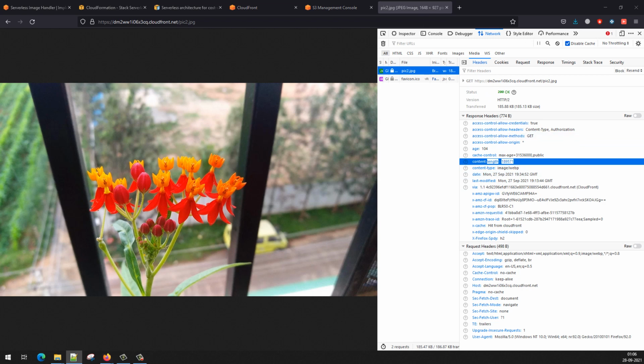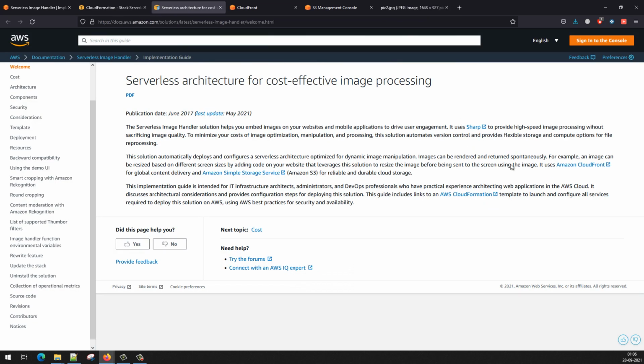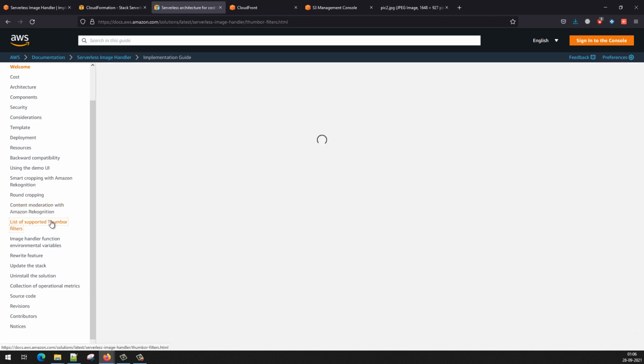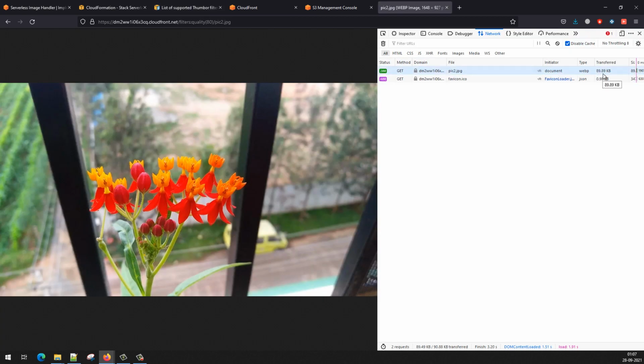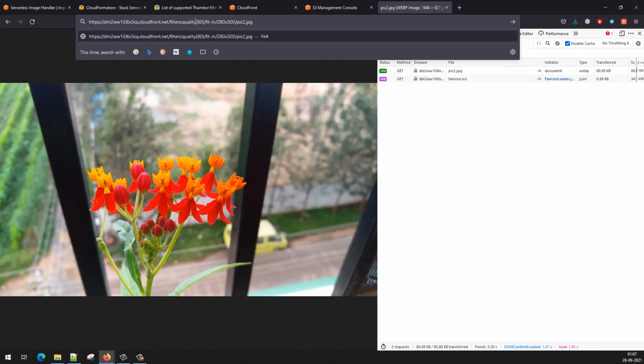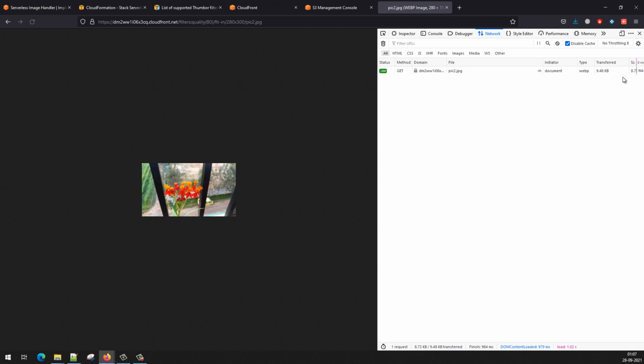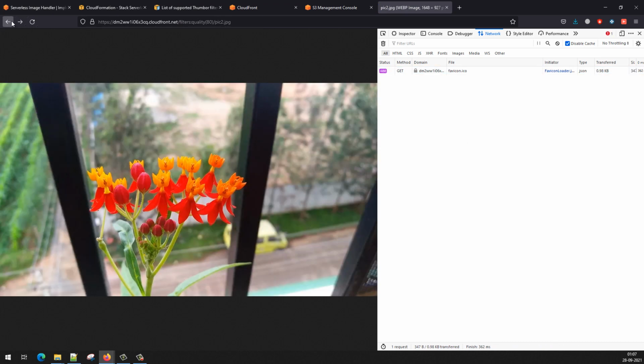We are going to do the optimizations now. So the beauty of this solution is that it also supports all the different filters that Thumbor uses. So I'm going to use a few of the Thumbor filters here, and the same image is now returned in 89 kilobytes. You can do the optimizations of various quality. You can just resize the image on the fly. The same image is now 9 KB. It got resized. When the image got optimized from the original size image, you can hardly see any difference in the quality of the image. That's the beauty of this solution.